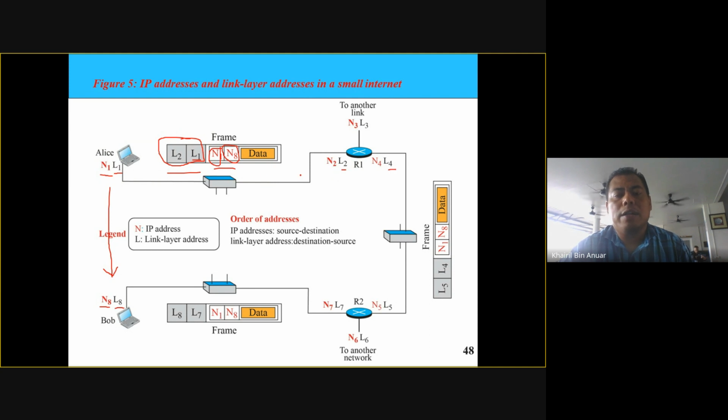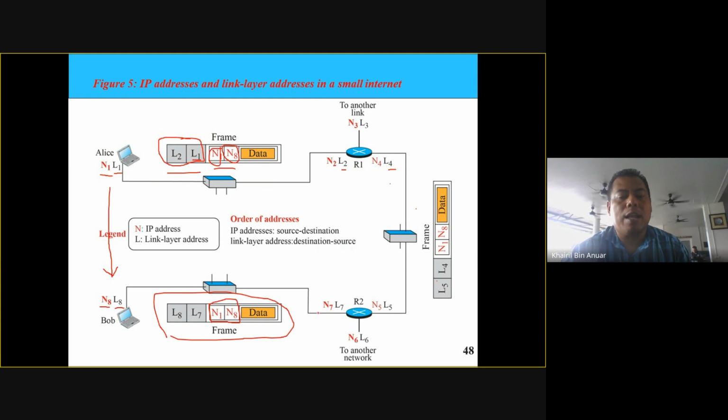So here, the frame, what you need to do is make sure that the frame is sent from N3, from N2 to N4, and then N4 to N5 and so forth. So basically on every link, the data link layer addressing is being changed, and eventually it reaches the receiver, Bob, where your receiver is identified. The network addressing is still maintained throughout the communication, but now your frame is